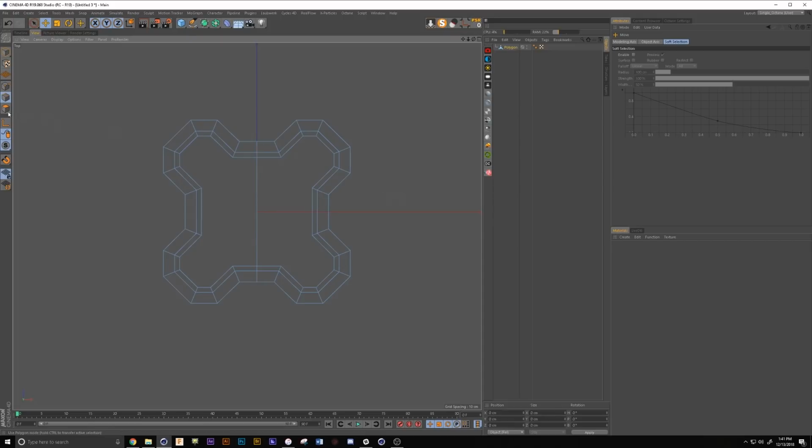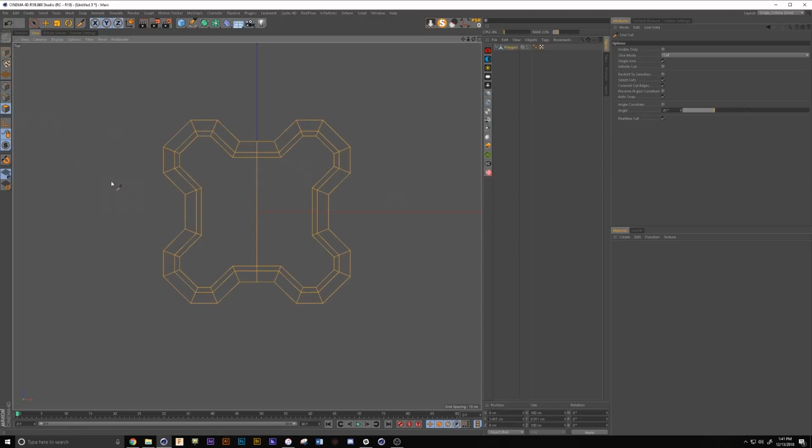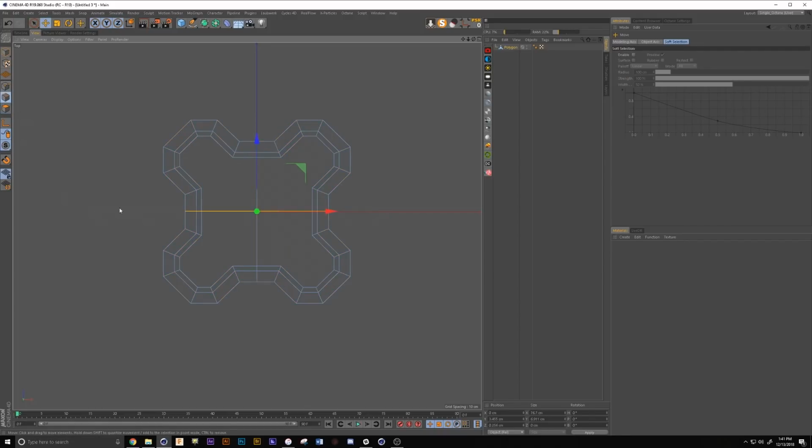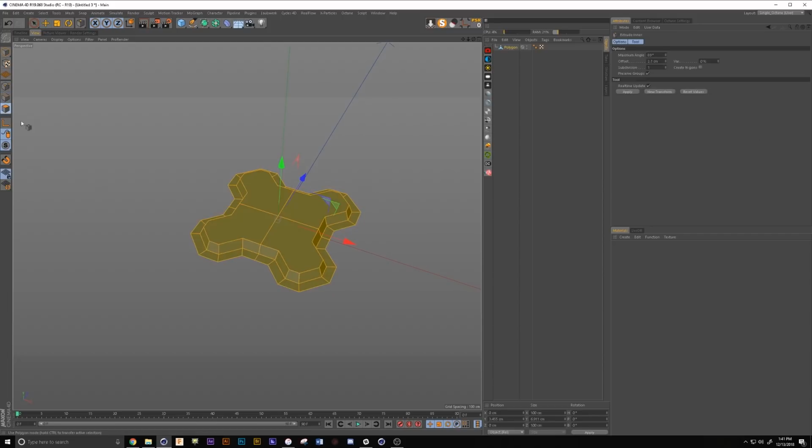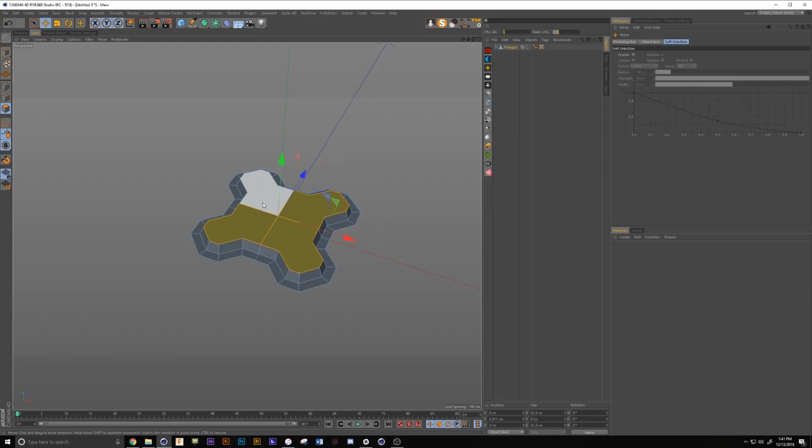Select off of that, go back into polygon mode, hit KK again, do the same thing horizontally, hit E, select it, and then zero it out. So now what we're going to do is we're going to go back into polygon, they're all selected, and we're going to just select these top guys, and we're going to hit I for extrude